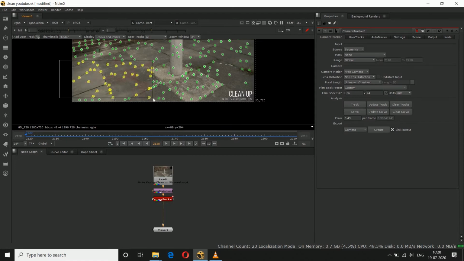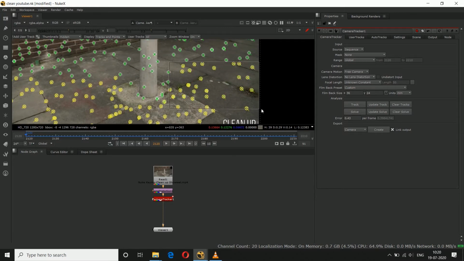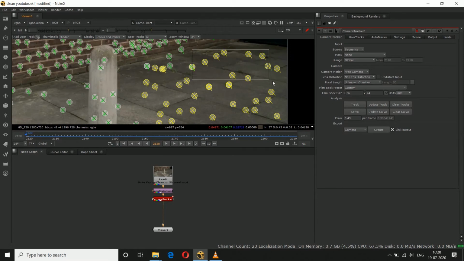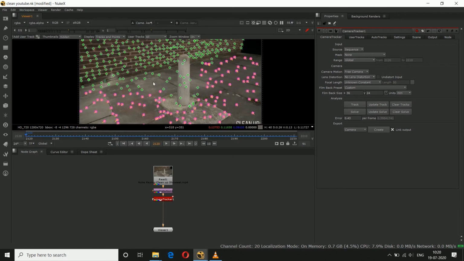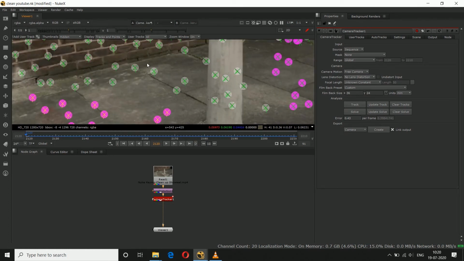So we'll select some points on the ground. Okay, like this, this, right click, ground plane, set to selected. Okay, right click, ground plane, set to selected.